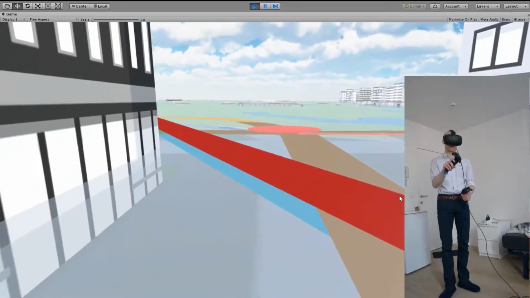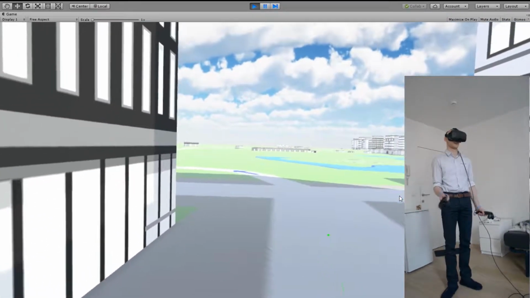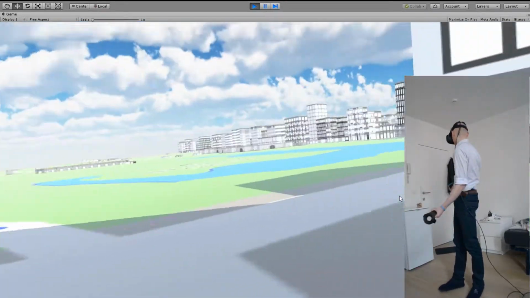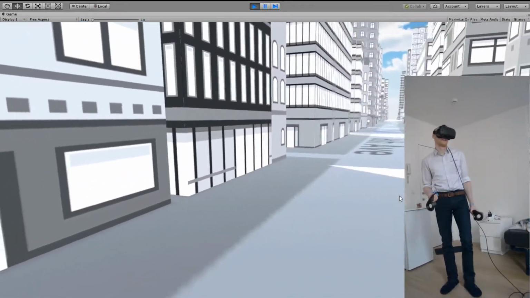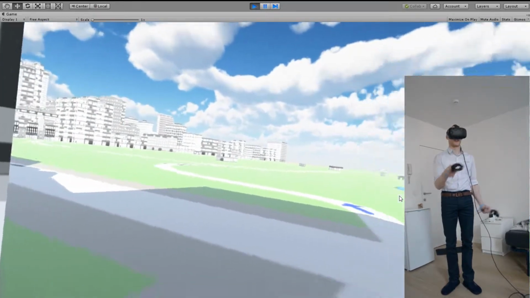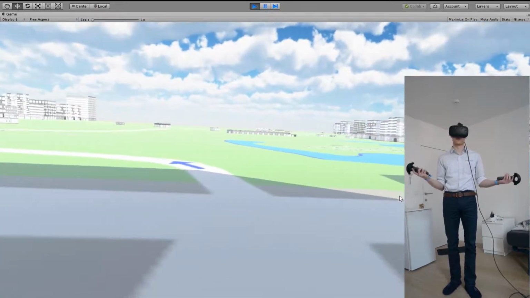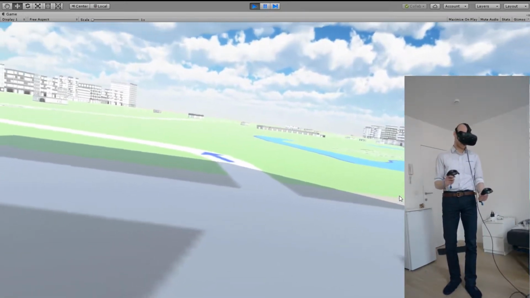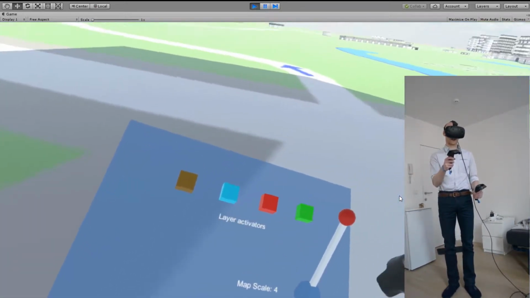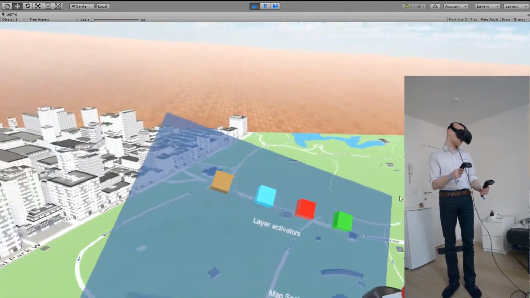I can also just disable the layers if I don't want to see them anymore. And now I can see what might have caused the accident here possibly. As I can see, there is a weird turn there, so that might have caused the driver inattention and causing him to turn wrong. Okay, if I then change the scale back, I can change it at 4 levels of